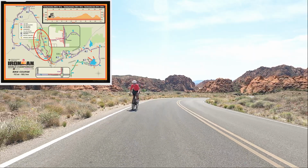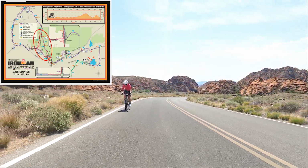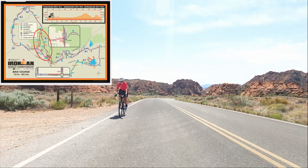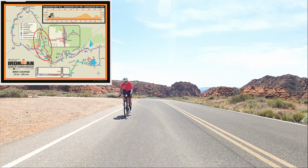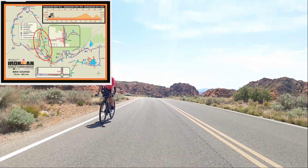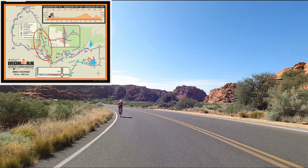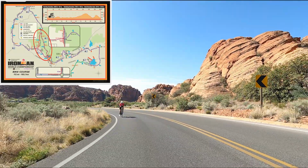The most difficult thing about this climb is that it happens at the very end of the race. After we've already ridden about 160 kilometers, that's what's going to make it difficult. But if you're doing it standalone, it's really not that hard of a climb. Road surface in Snow Canyon State Park, or Snow Canyon Drive, is perfect. It's actually probably the best part of the entire course in terms of the road surface,